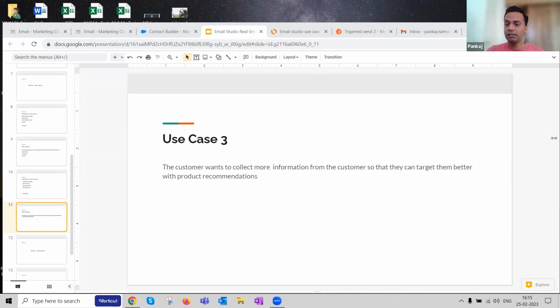Polls, preference management, progressive profiling. So Kalim, you're right. Progressive profiling is a common term that is used to actually get the data. Creating a smart capture form in cloud pages. Absolutely, Sasha. That's the way of doing progressive profiling. So let me take one term from Kalim, which he has spoken about. It is progressive profiling. What is progressive profiling? You have one or two data points of a customer. You want more data points for that customer. So that's progressive profiling. And why would a customer give it to you?